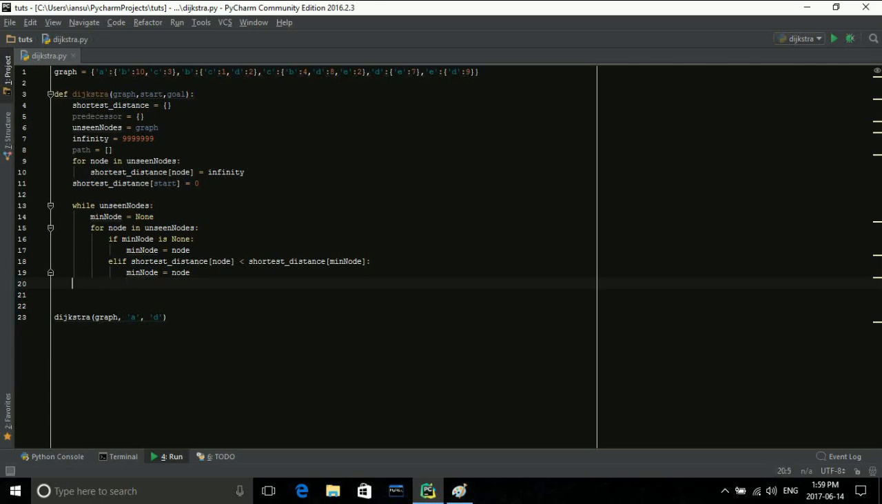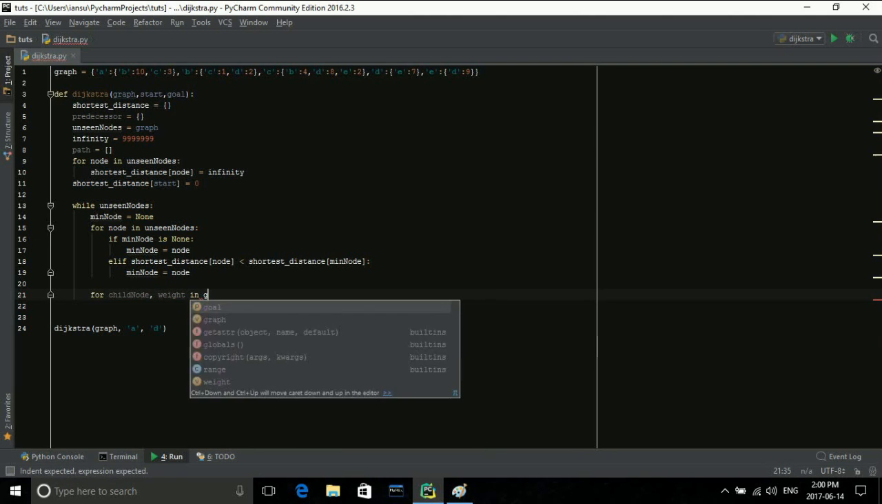Okay, so this next part is like the main part of the Dijkstra algorithm. This is what makes it work, so pay attention to this part. Now that we have our focus node, we have to check all of its child nodes and their corresponding weights. So let's just do that: child node and weight in